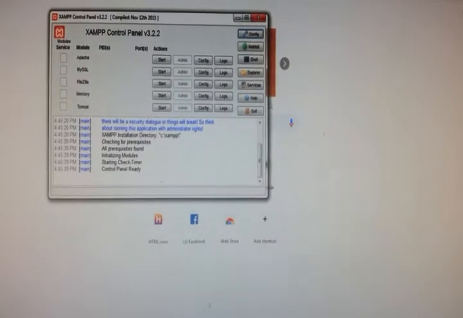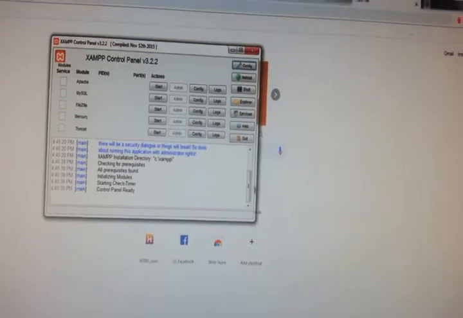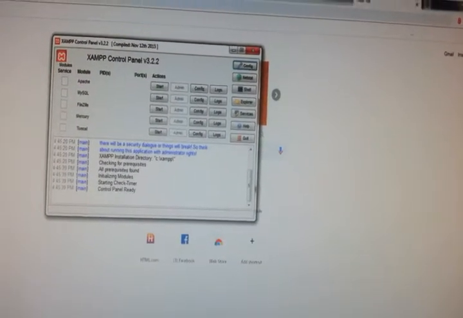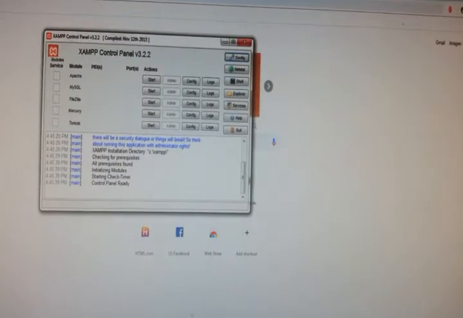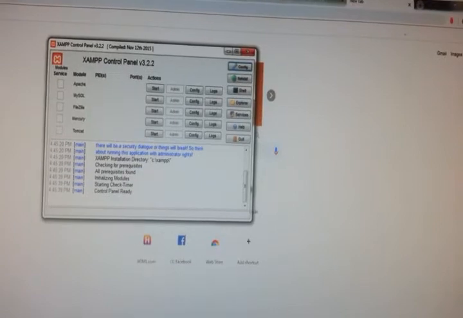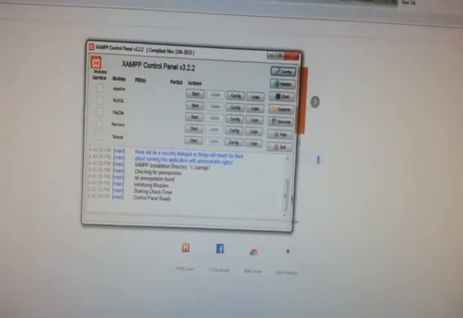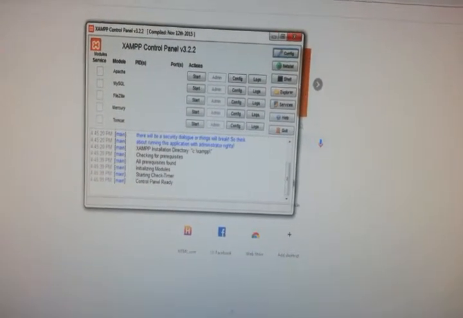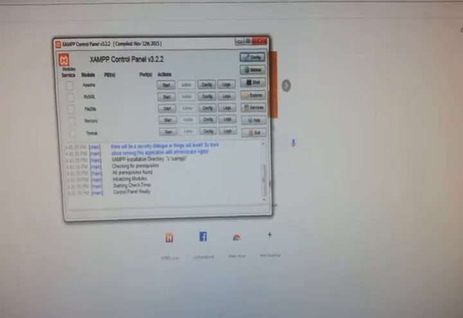When you click finish, it will show the XAMPP control panel, which contains service modules, PIDs, ports, actions.